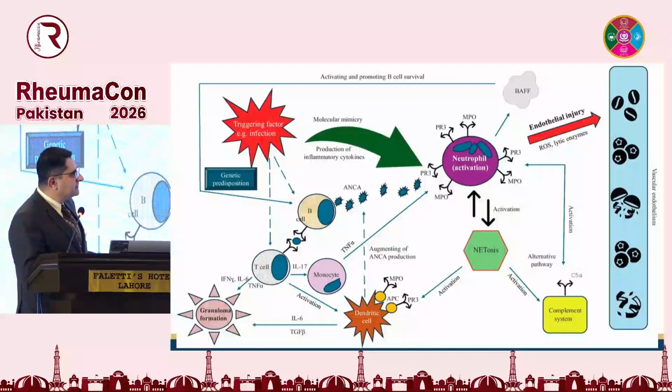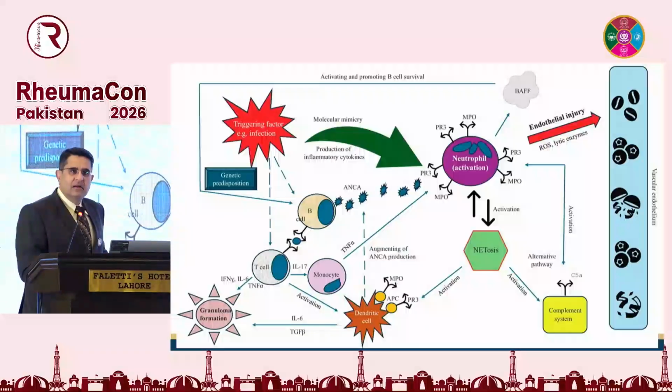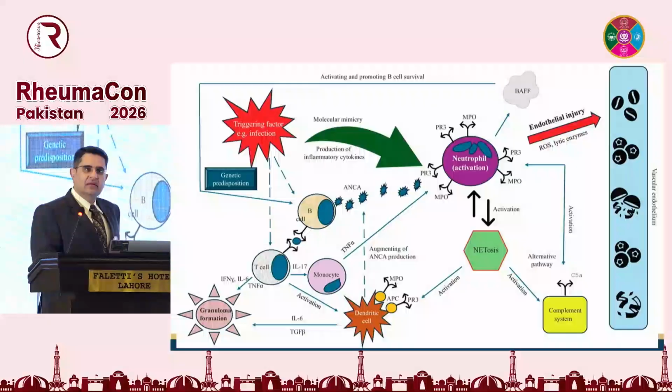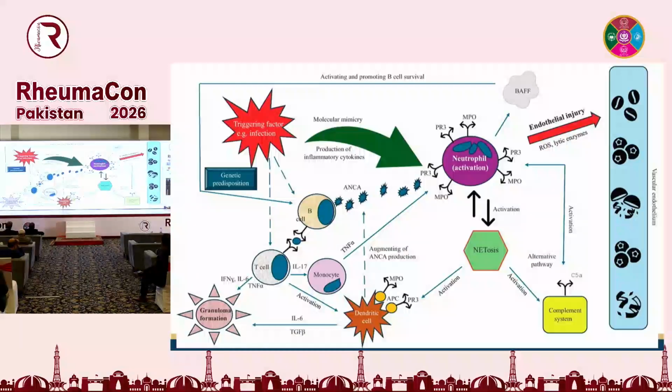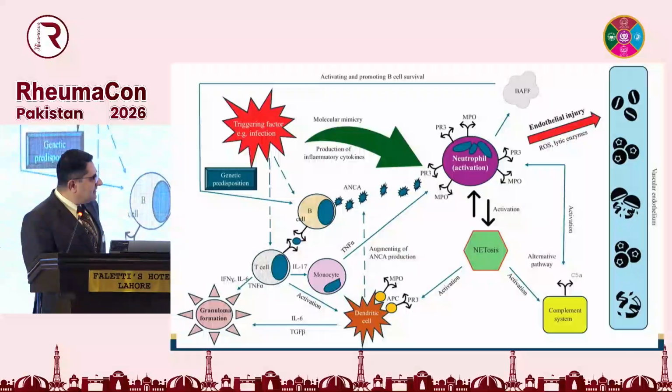Likewise, neutrophils. These three culprits start to trigger. The cytoplasmic PR3 and perinuclear MPO antigens are basically inside the cell, but they translocate over the cell membrane of the neutrophil, where the B cells, triggered by T cells, cause ANCA